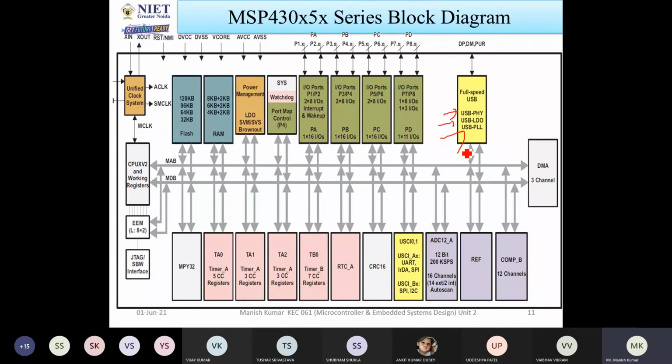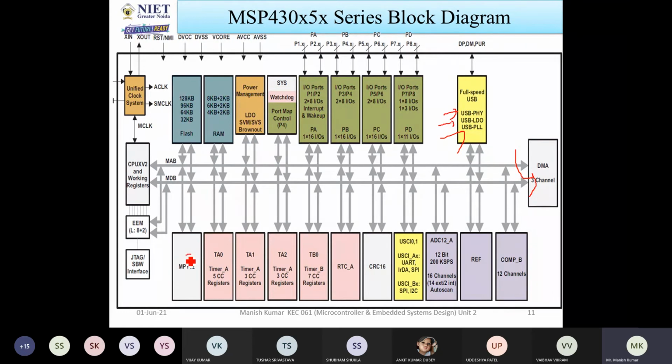What is the use of PLL for USB? In this case, the PLL is used for generating the clocks for USB devices. And I also discussed the DMA. DMA is used for data transfer between 2 devices or 2 components without intervention of the CPU.